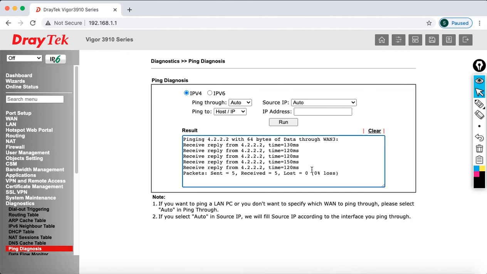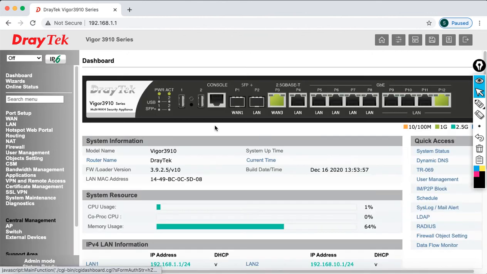There you go. I have a successful reachability. Now I am going to the dashboard. So I am going to connect the interfaces now. So let's go and do that. So just click on the P4. I'm going to connect it to my, and P5 I'm going to connect it to